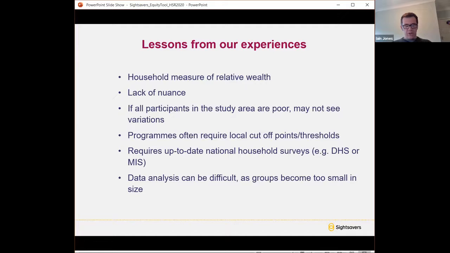Finally, we often find that data analysis can be a little bit difficult as groups become quite small in size. And so is there a standard way that you can group the quintiles, and does that grouping lose some of the nuance in the data? Finally, because I realize I've probably taken too much time,